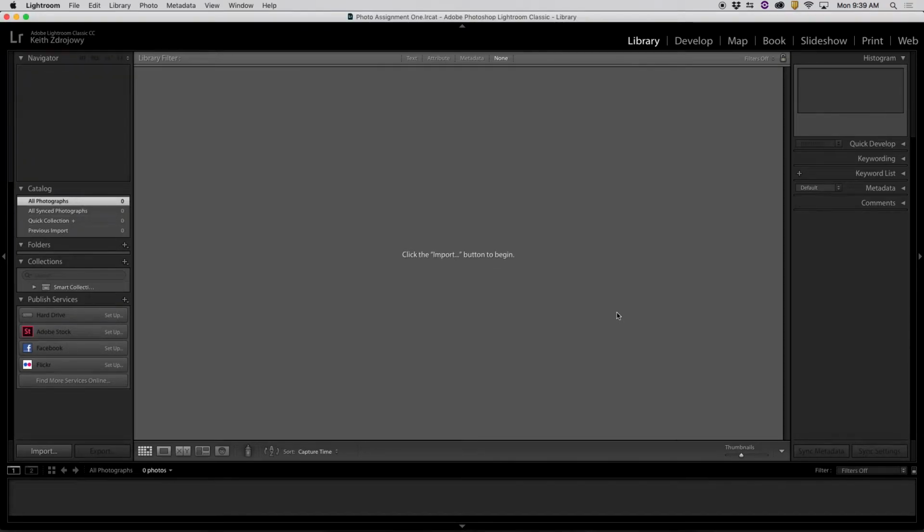Now, because you already have your stuff on your external hard drive, this next step I'm going to just show you real quick, you don't have to do right now, but in the scenario where you're just taking the card right out of your camera and you're plugging it into the computer and you want to get everything from that to your hard drive. So I had you just drag it over and put it into your hard drive for now because that was the easiest thing to do without showing the program. When you're in the program, what a lot of people do is you come down here to the bottom left where it has import,